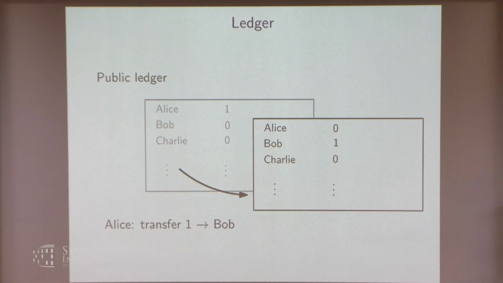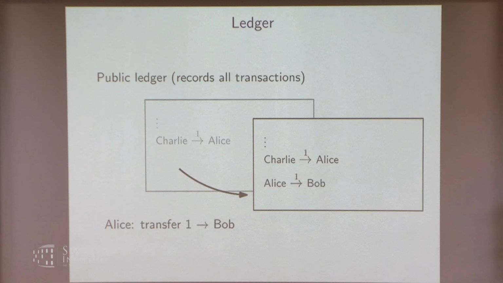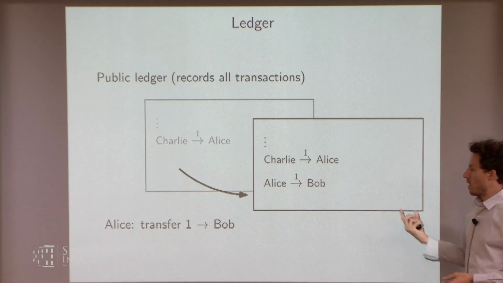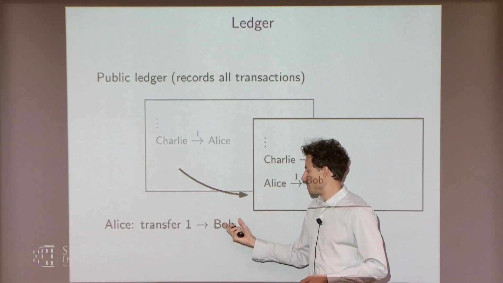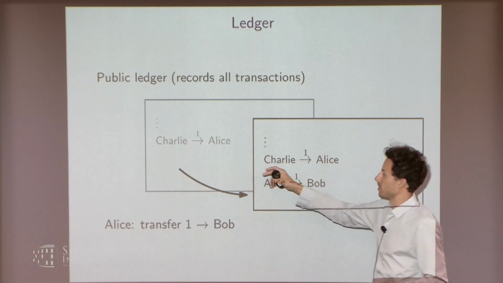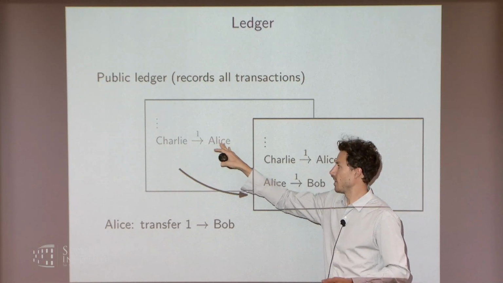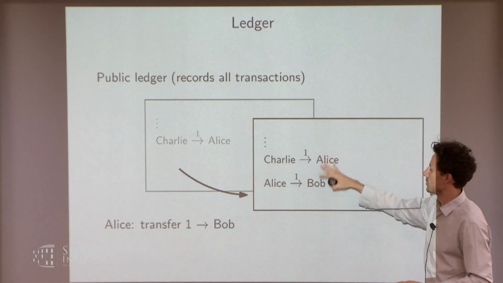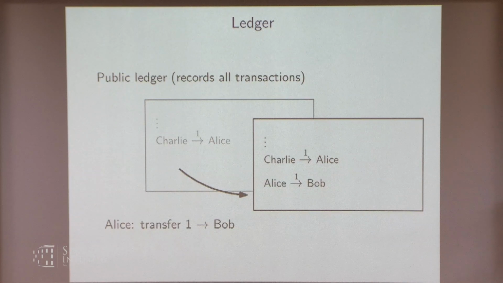So that's basically, I guess, if you have a trusted authority, it's the simplest banking system that you could think of. So the way Bitcoin works, it's a bit different, namely that there's no notion of accounts and account balances, but what it instead does, the entries in these ledgers are transactions, which basically has the same outcome. Namely now, if Alice wants to transfer 1 Bitcoin to Bob, it's not that we can look up whether she owns it, but we can look up whether she has received it at some point. So if Charlie gave Alice a Bitcoin at some point, then she will be allowed to transfer it to Bob. And this is how transactions in Bitcoin work.